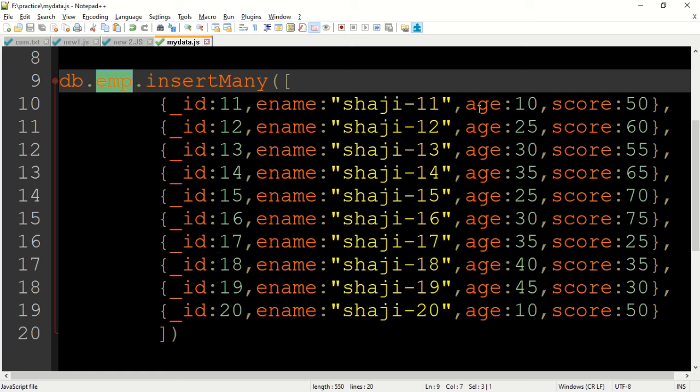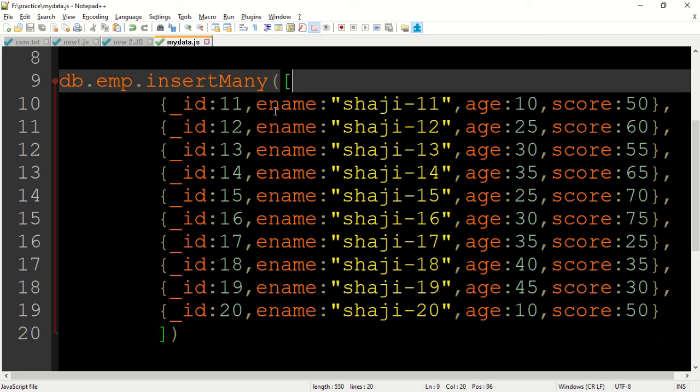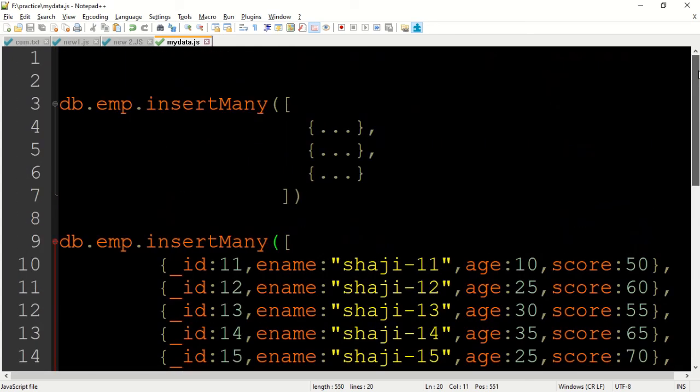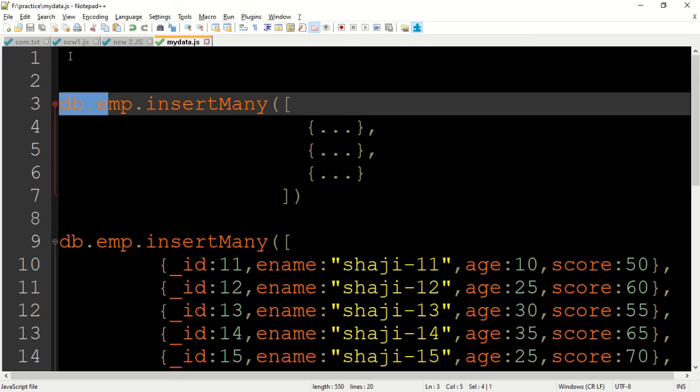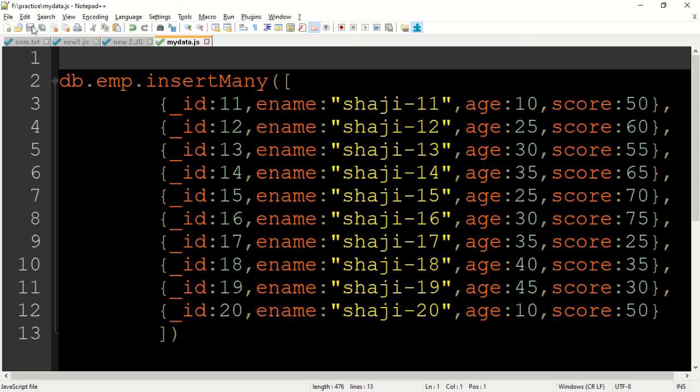Okay, so where's the mistake? Okay, this one. I'll remove this, I'll save it, fine, okay.